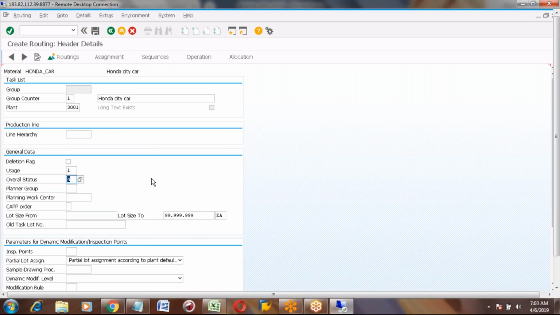The next, at the top you have the buttons like routing, assignment, sequence, operation, and allocation. There are other fields, which is planning work center. Is that not the work center that we can enter here? No, we won't enter the work center here. We will enter the work centers in the next step. Planning work center, if we are having only one work center